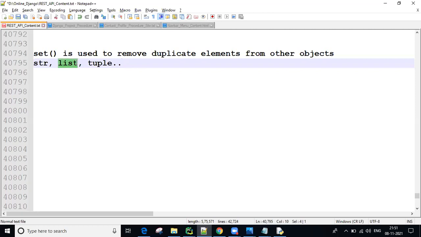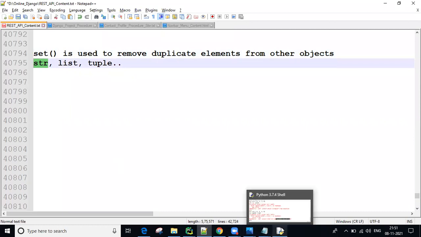Suppose a list has some duplicate values. I can remove all duplicates by using the set function. Suppose a string has some duplicate characters and I want to remove all of them. Then we can use the set function.